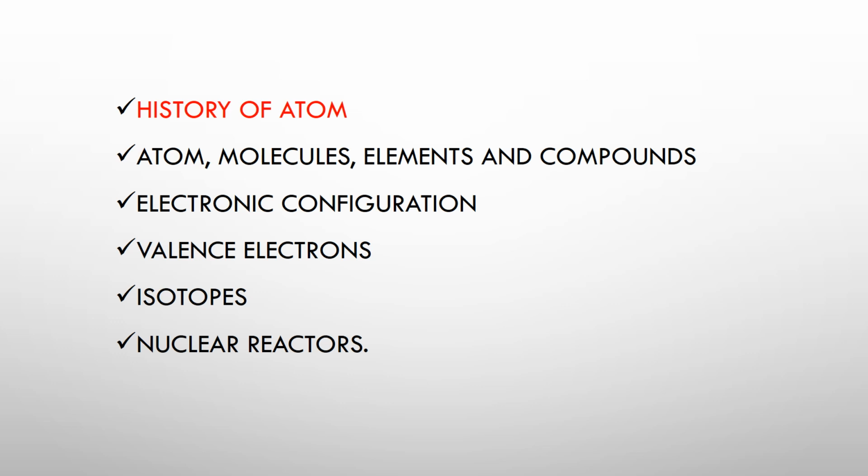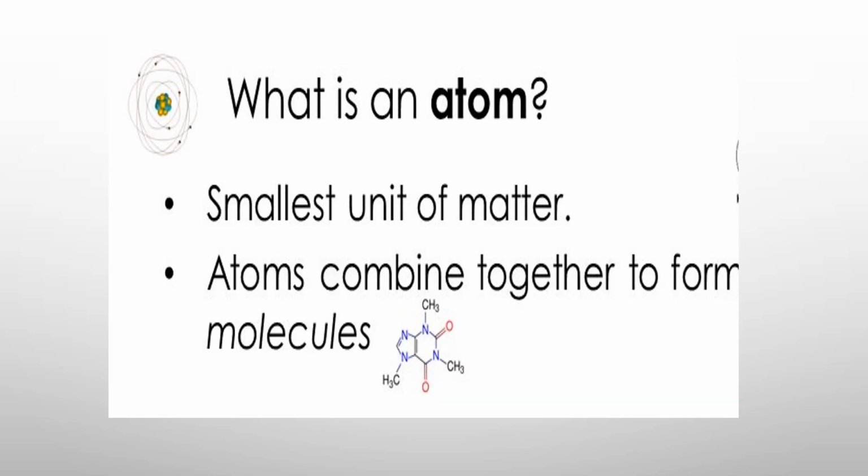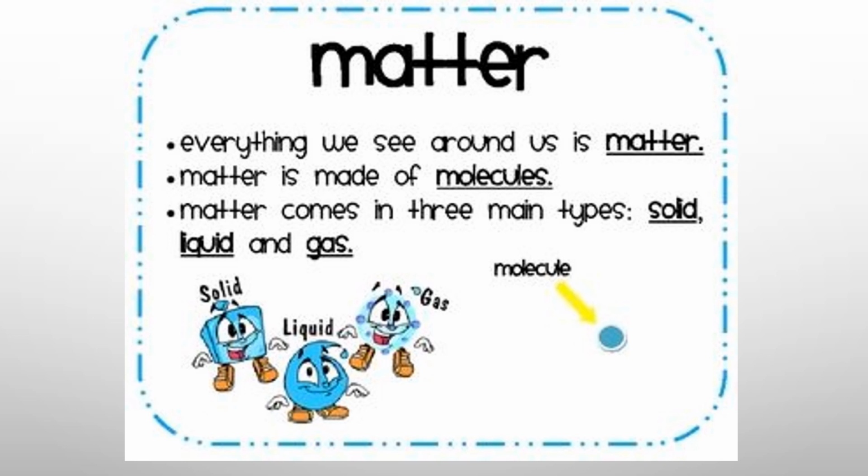So today in this class we will be learning about atoms, molecules, elements and compounds. What is an atom? A very common question that is frequently asked. We know an atom is the smallest particle present in matter. It is a particle which cannot be divided and cannot be destroyed further, that is, it is indestructible and indivisible. These are terms we learnt in the last class. When atoms come together they form molecules, and molecules come together to form matter, which is normally in solid, liquid and gaseous form.